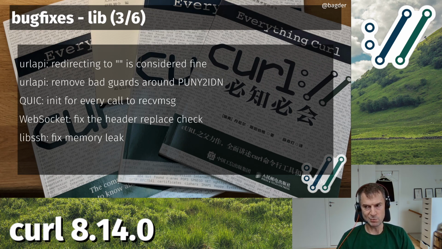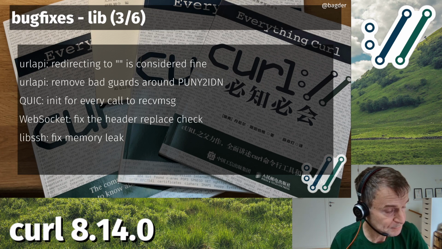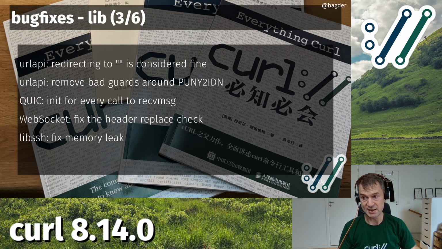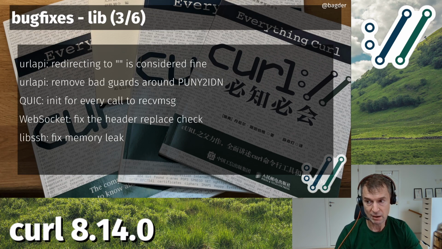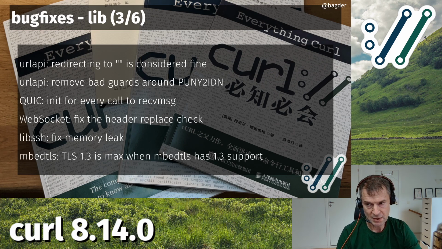But we accidentally did not run one of those jobs with Valgrind in the libSSH test job. So we did not discover this memory leak, which has been there for a while. It wasn't big, it wasn't bad, but it was there. And of course, the second we discovered it, we fixed it. So no biggie. Now it's gone.